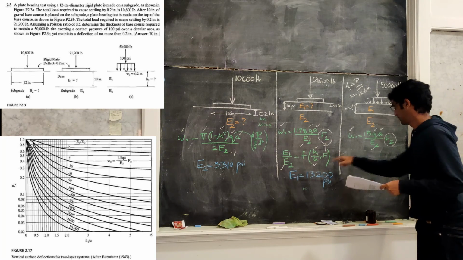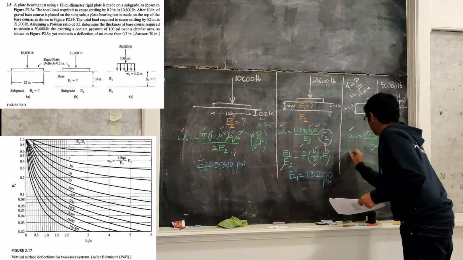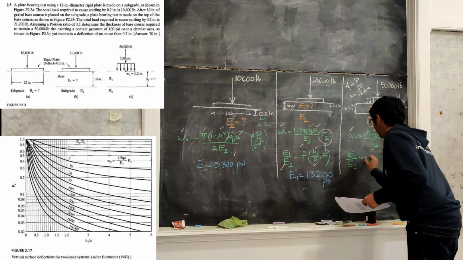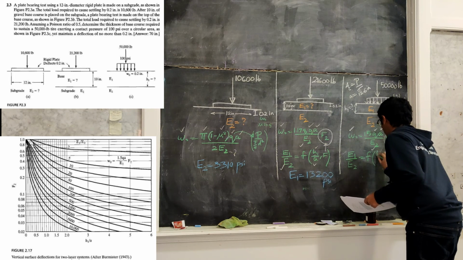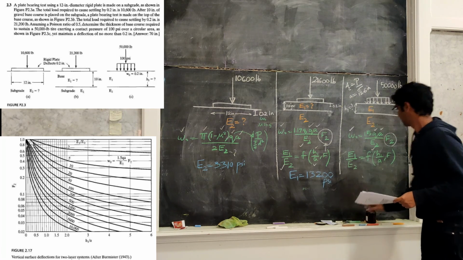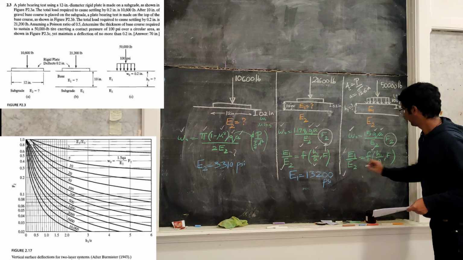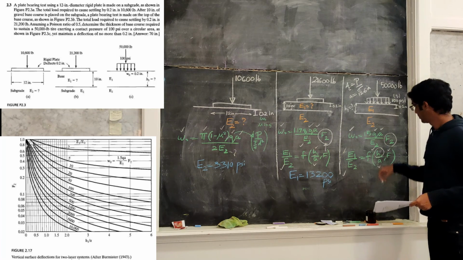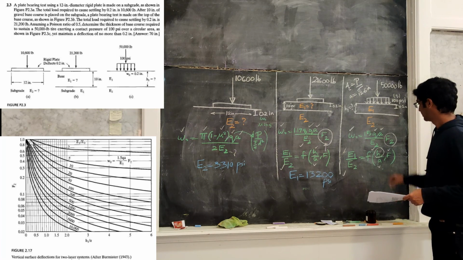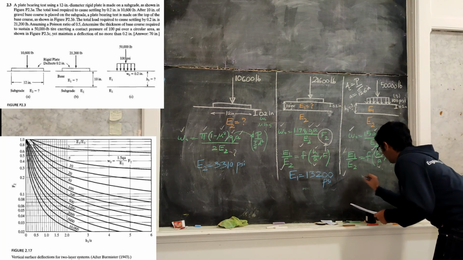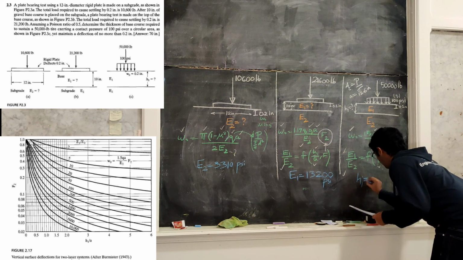Once you have F2, use the same design chart, which gives E1 by E2 as a function of H1 by A times F. What do you know already? E1, E2, A you know, F you know. Now we need to find H1. Just look back at the chart, you will find H1. So if you do this, the answer H1 is